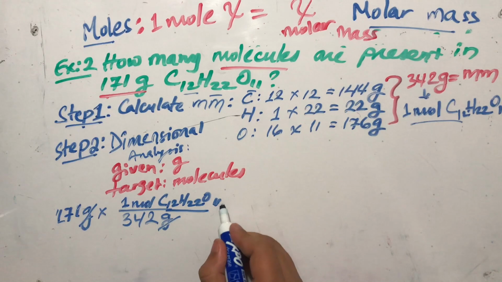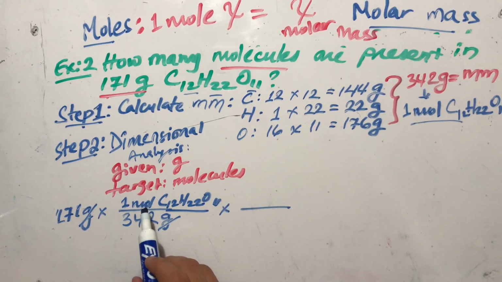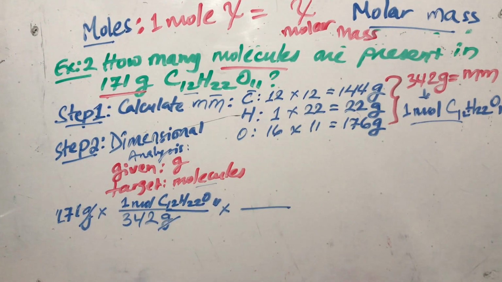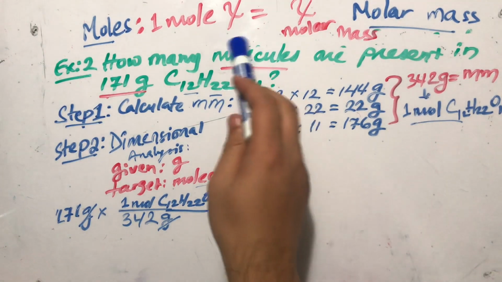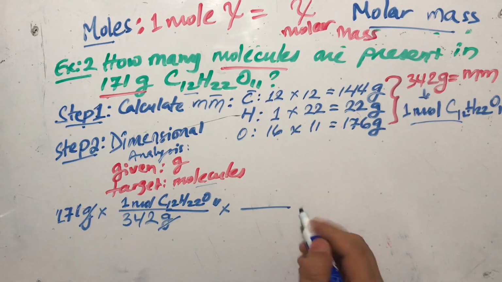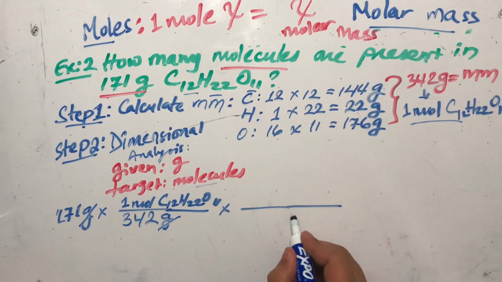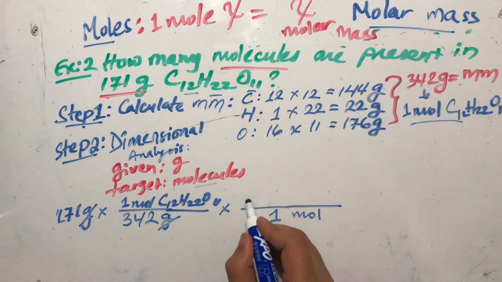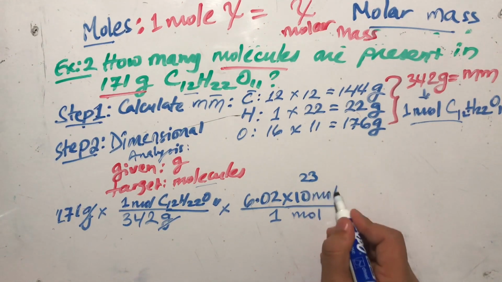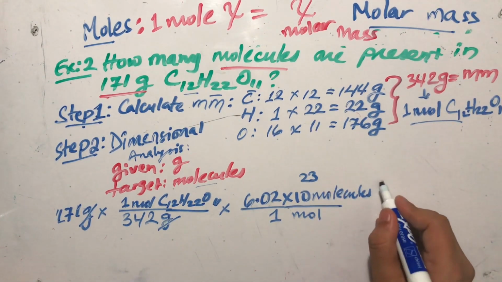The next step is to see if we are on our target unit. We are on moles, our target unit is molecules, so we are not there yet. Now here we use the relationship between moles and Avogadro's number. Remember I told you 1 mole equals 6.02 times 10 to the power 23 items. In this case we are talking about molecules, so that's the relationship we have to use. We want to get rid of moles, so write mole at the bottom. 1 mole equals 6.02 times 10 to the power 23 molecules of this big compound